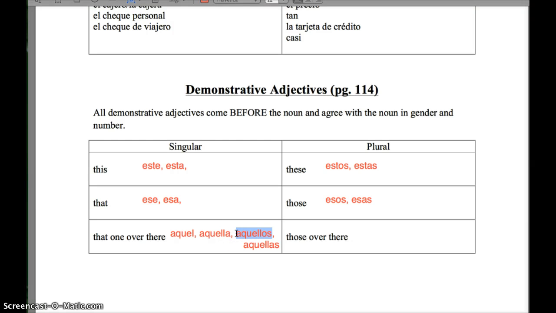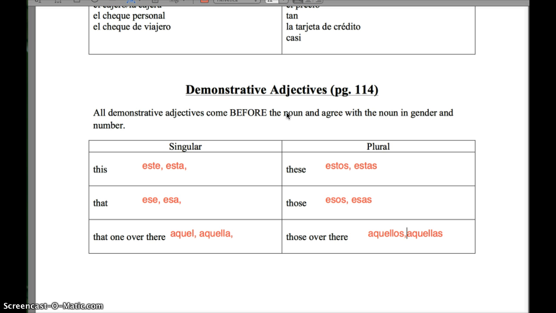All right, so we are going to have a really quick talk about demonstrative adjectives. As you can see in that first sentence, it says that these come before the noun that they are talking about. Normally in Spanish, we would say la camisa roja, right, for the red shirt. So we would say the shirt red in Spanish. And in this case, these words mean this and that over there, and I'm going to say it before the